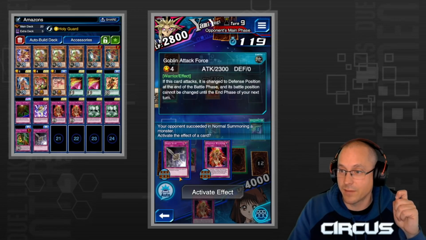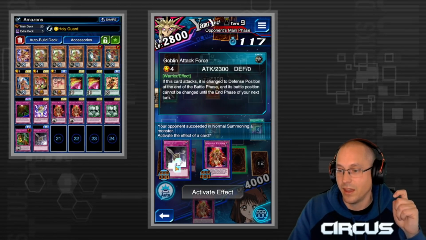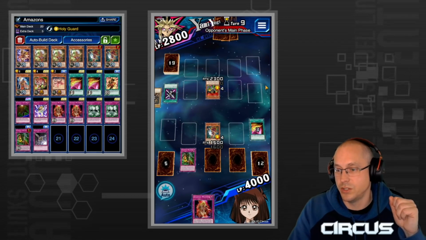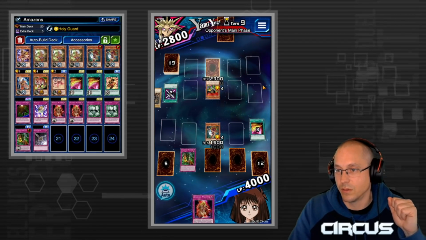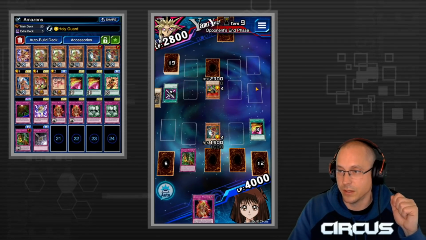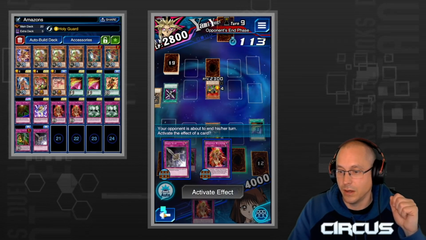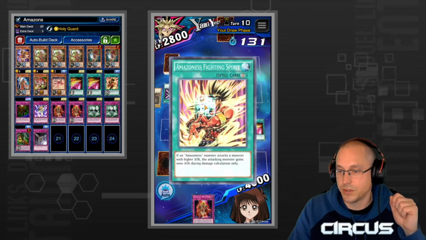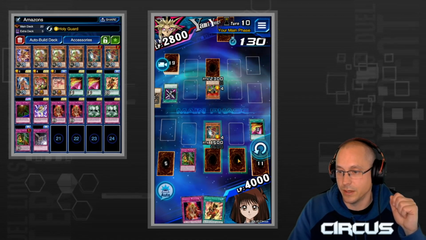Goblin attack force. Okay, he's like, okay, what are you going to do? This gets 400. That's not enough, but that's okay. He's like, what are you going to do, brother? What are you going to do? He sets another card. Okay. All right. That's fine. Can we finish this man off? No, not yet. Well...